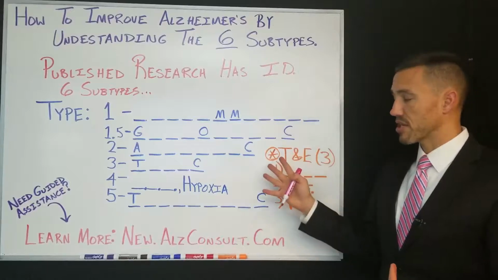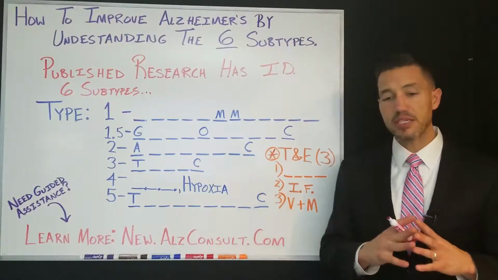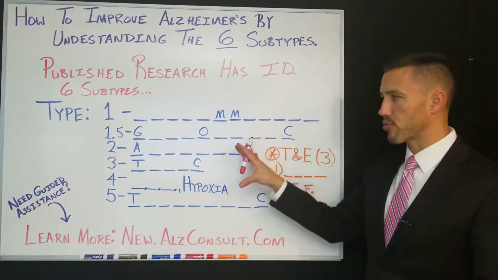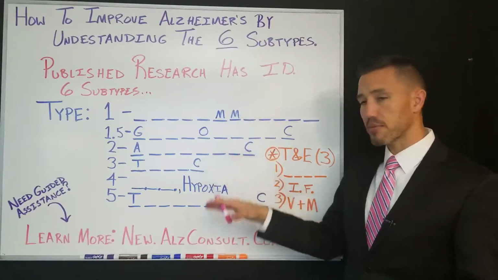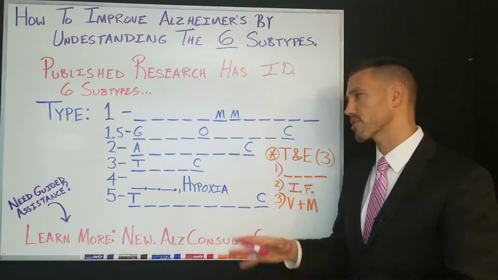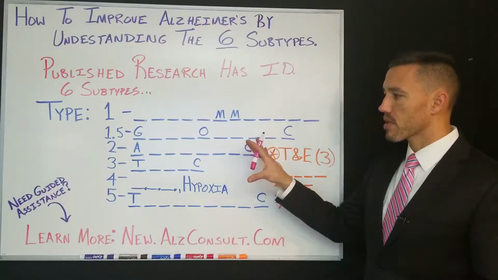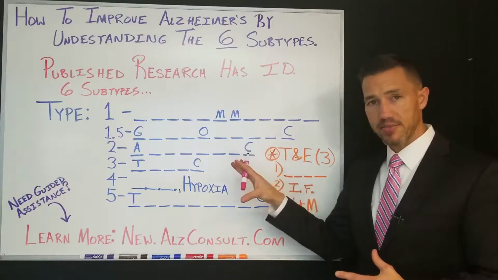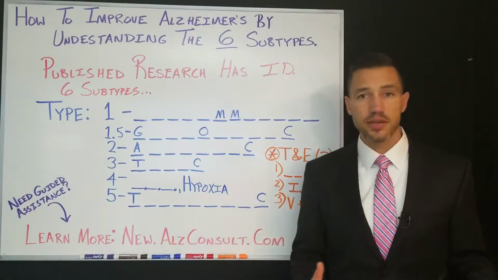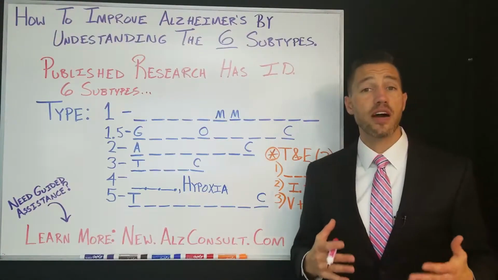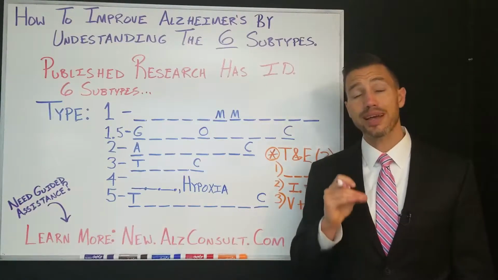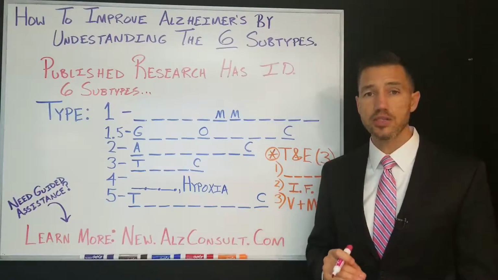The information I'm going to share with you is information that I've learned from several different researchers. This particular framework of these different subtypes, which will help you to understand driving processes behind cognitive decline in Alzheimer's, was primarily developed by Dale Bredesen. Dale Bredesen is a researcher at UCLA. He's been researching cognitive decline in Alzheimer's for 35 years. In the past 5 years or so, he's published research showing that you can reverse cognitive decline in Alzheimer's using